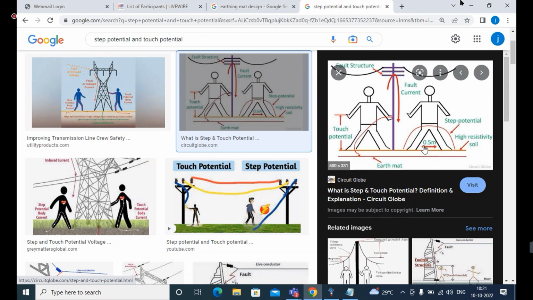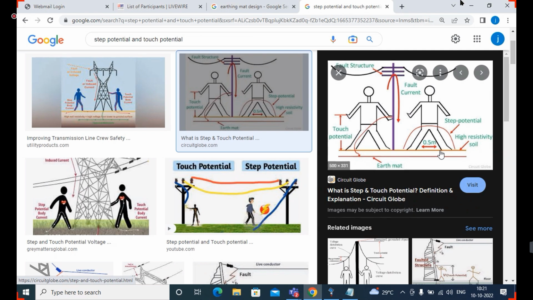When the person walks while the fault current flows through the transmission tower to grounding, and the grounding wires are damaged, they will feel shock. The reason is step potential only. So the potential difference between two feet is called step potential.